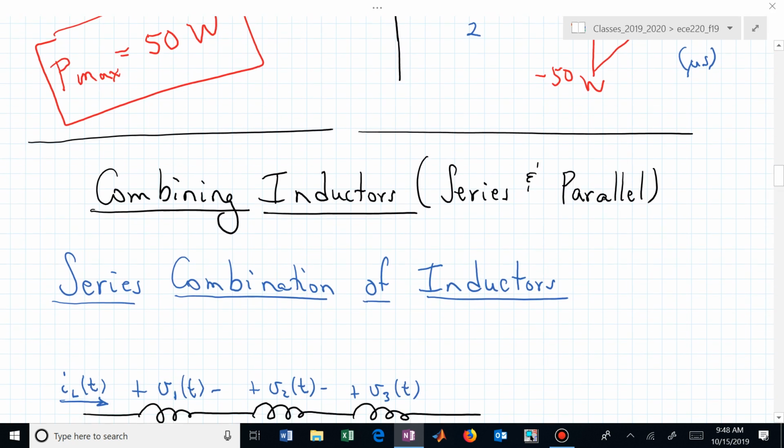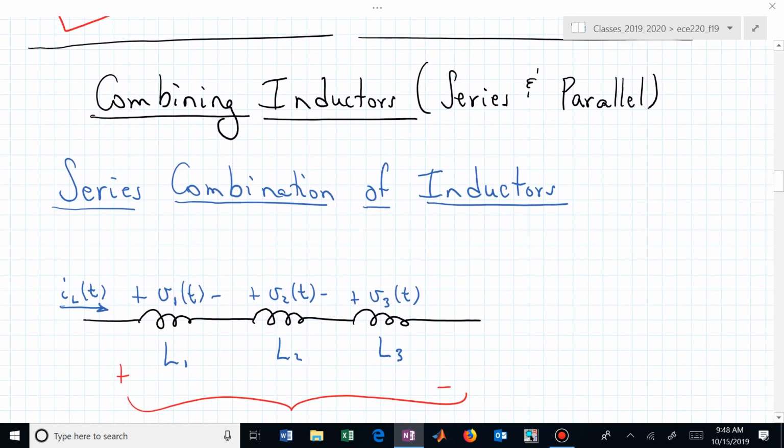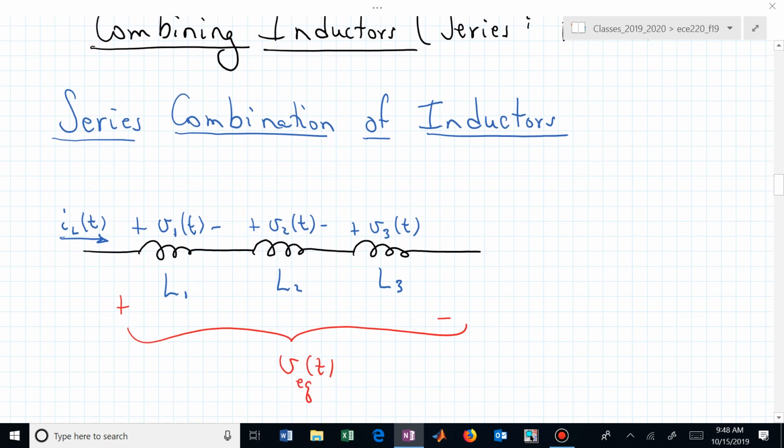Let's now combine inductors in series and in parallel. We have the tools to be able to determine that. Suppose we now want to collapse this combination of 3 series inductors into one equivalent inductor. Each of these 3 inductors has an inductance of L1, L2, and L3 respectively. We know they satisfy ELI,